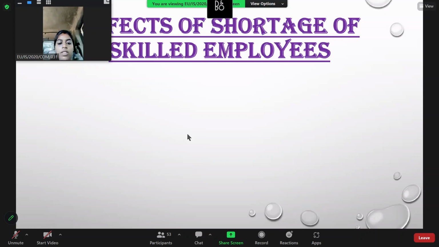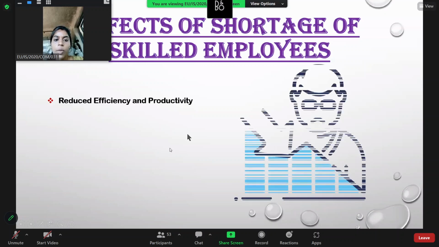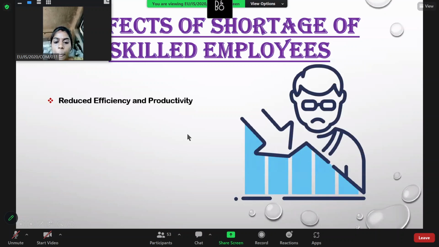The problem of shortage of skilled employees in Janashakti Insurance Company can have several negative impacts on the company's operation, customer service, and overall growth. In some ways it may affect: